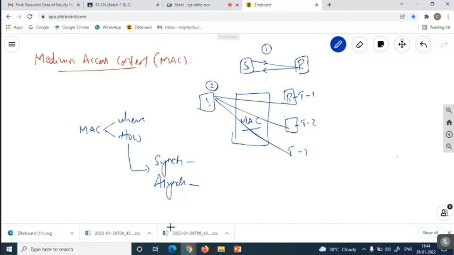But in asynchronous mode, we do not have a fixed capacity for each terminal. Depending upon the capacity of each terminal, the information is selected and transferred through this MAC control.